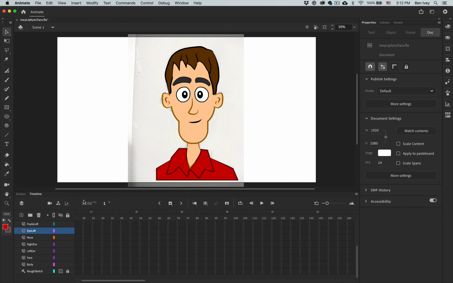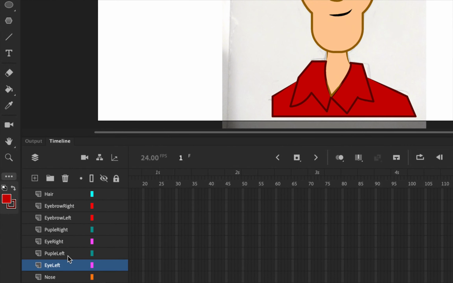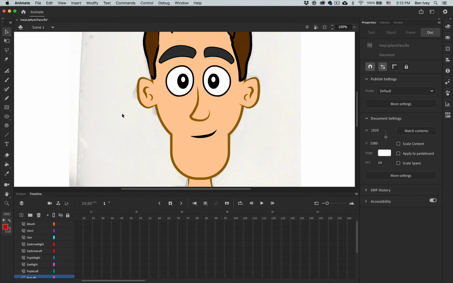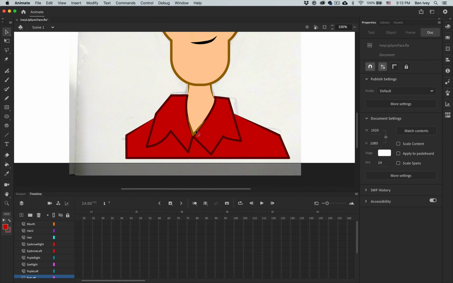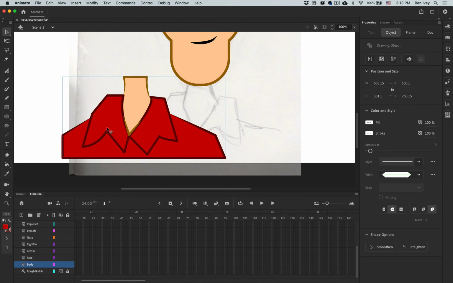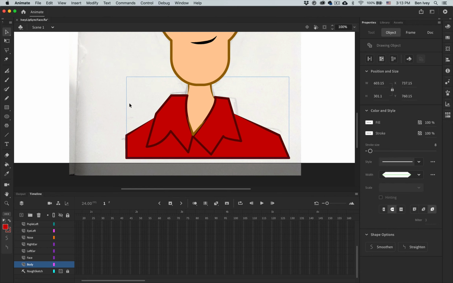Alright, and with this done, you can now see on my timeline that all of the different parts of my face have their own individual layer, and I've tried to effectively rename each of those layers so that I understand which part of it is. To point out a couple of different things. So when it came to the body, since the body's not going to be animated at all, parts of this body were kept as one individual part. So I didn't do a separate layer for the neck and the different parts of the shoulders and his shirt